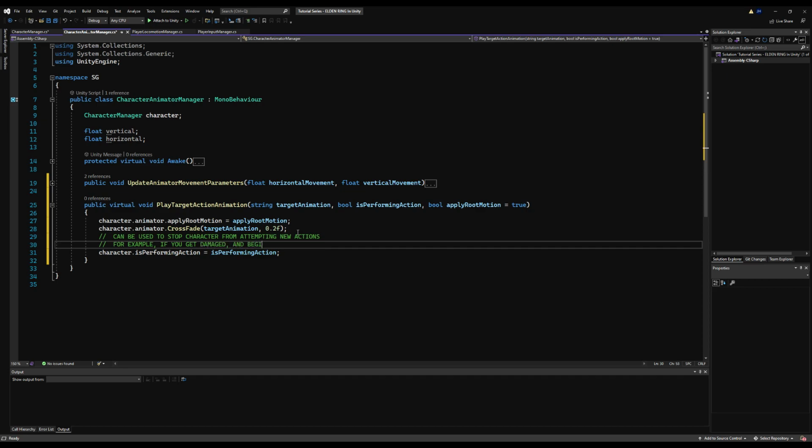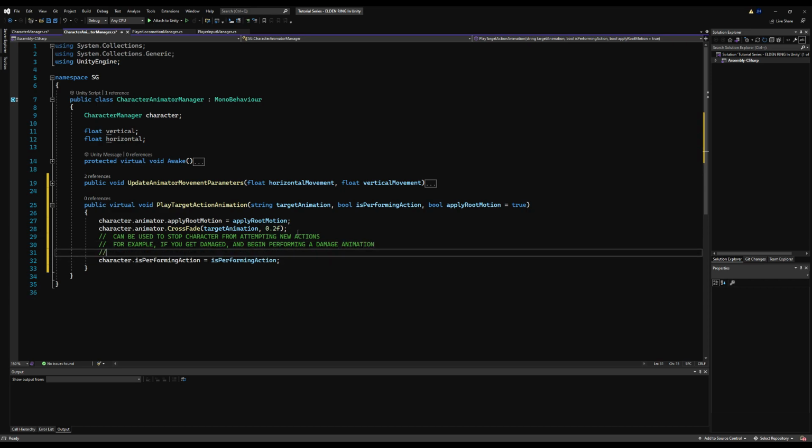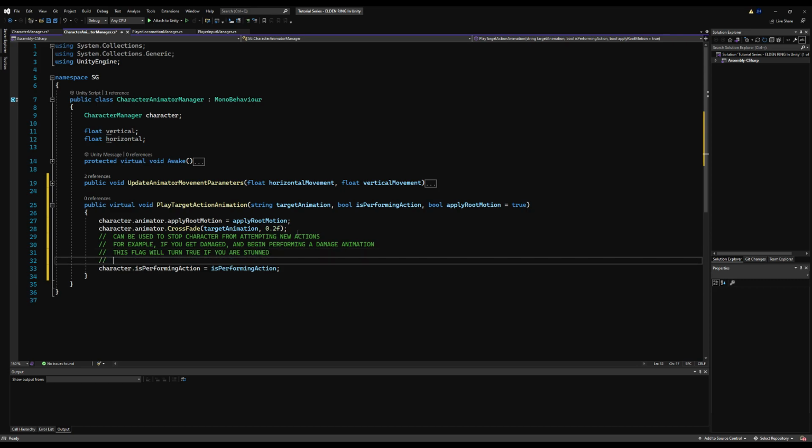If you get damaged and begin performing an action or a damage animation, this will stop you from doing anything else. Now, if you get damaged again and you're not stun locked and the is performing action bool is set to false, this will allow you to, say, roll out of this animation, and that will allow you to perform another action because you're not stun locked, basically. So this just acts as a gatekeeping bool of sorts to allow or stop certain actions.